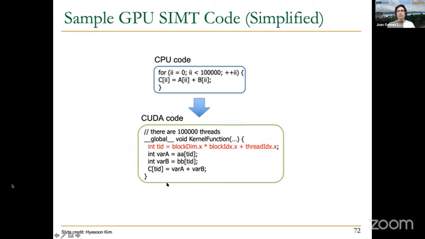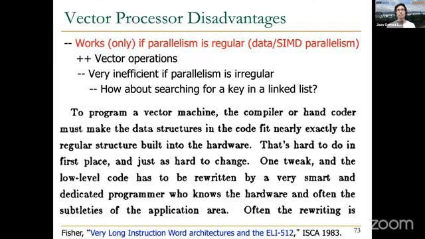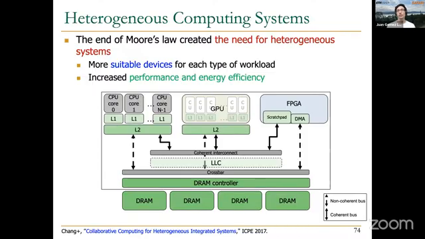So as you see, we need to change our mindset when it comes to programming the system. We need to have this parallel computing mindset in order to be able to map the computation onto all these millions or at least thousands of available threads that we have in GPUs and other parallel devices. So hopefully, even though Fisher said that this is hard to do and hard to change, we will learn how to do it, and we will learn how to optimize code for GPUs and other heterogeneous devices as the ones